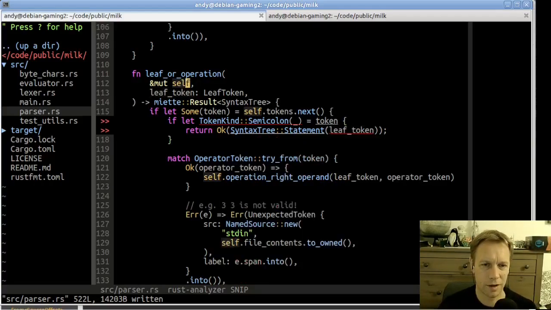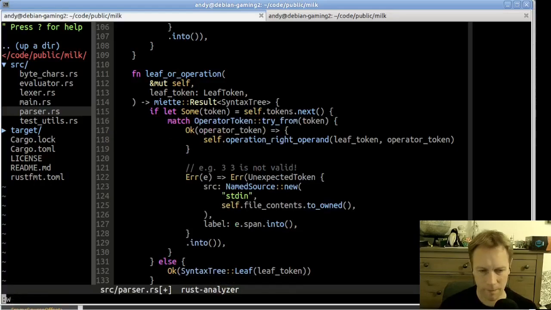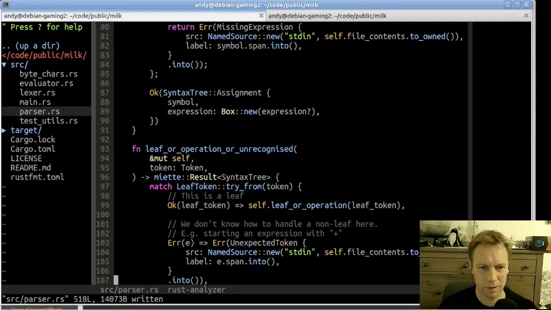So it's not leaf or operation. It's not this thing, this leaf token that we've been dealing with, that's going to get turned into a statement or wrapped up in a statement. It's the whole assignment that's going to get wrapped up in a statement. So actually it's not going to happen here. It's at the higher level, which is basically,